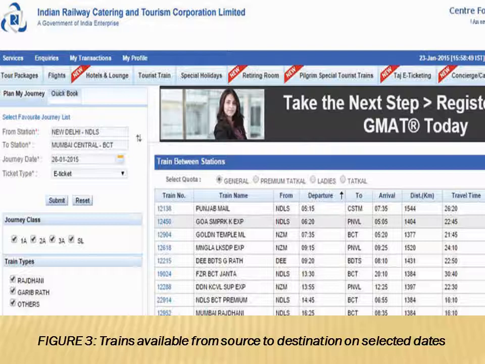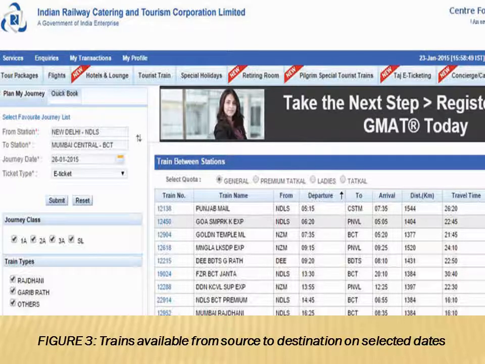This will be the general category or the general quota that you will be seeing. You will also come to know what is the arrival time and the departure time from New Delhi station, and the arrival at the Mumbai Central Station. What is the distance, what is the travel time, etc.